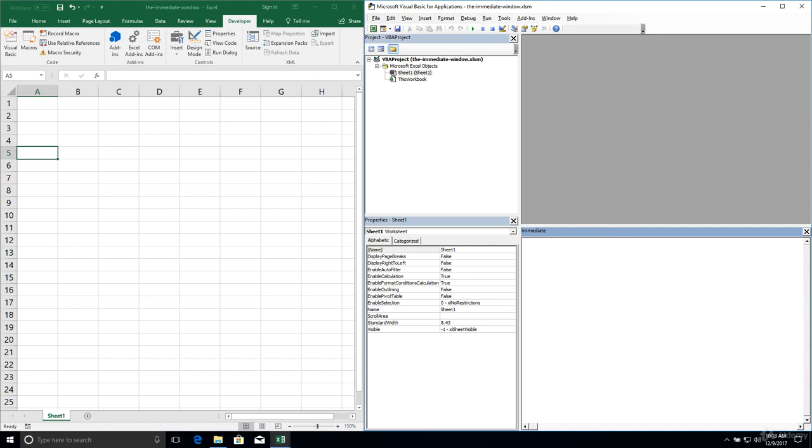So it's not intended for large scale procedures. It's really intended for 1 or 2 lines of code at a time, just to make sure that everything is functioning as expected. If the immediate window is missing from your Visual Basic Editor interface,